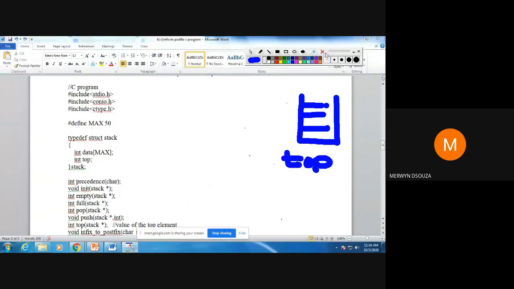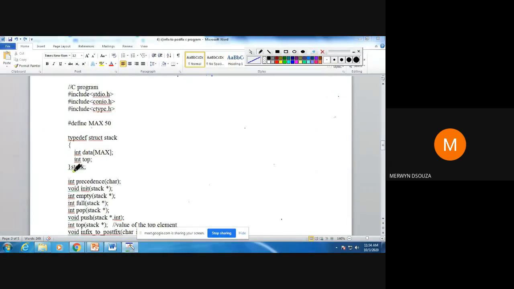Since these are data members, like I have told you previously, data members need to be referenced using a variable. So the variable that has been defined is this variable, and the variable name also is stack. I'm going to use this variable to refer to these data members. The data members are data and top.